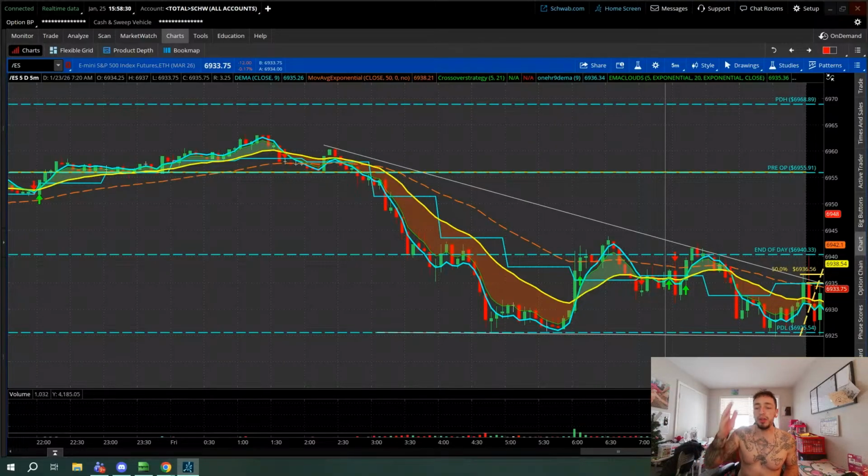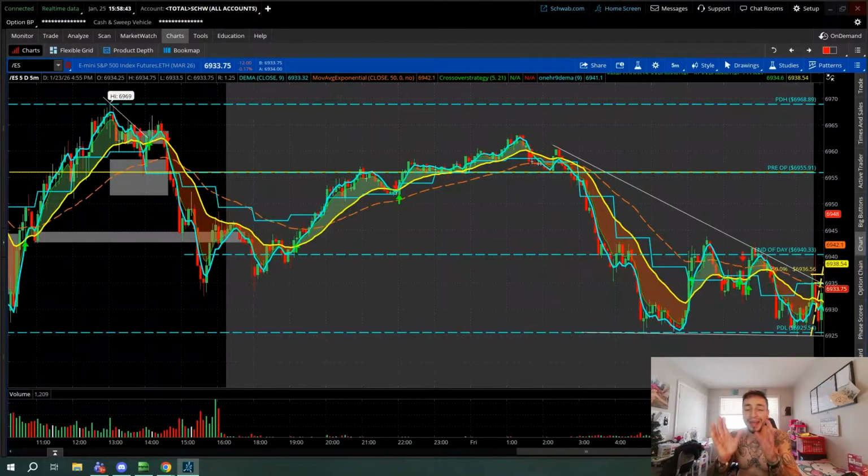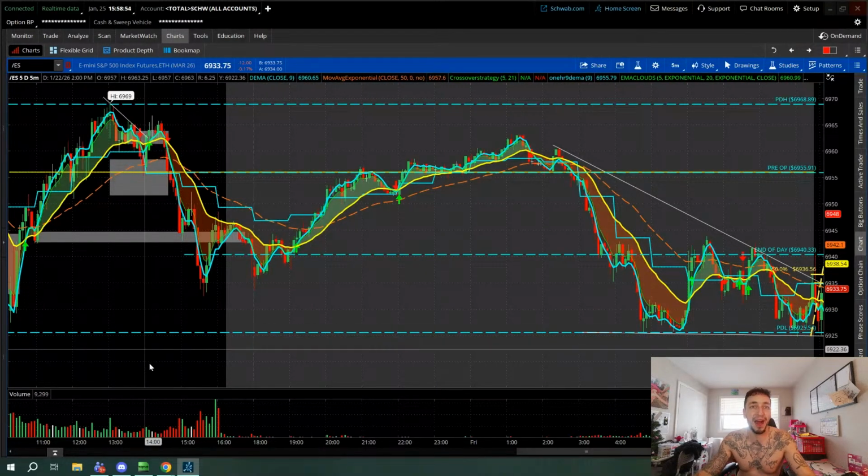I got to be able to look at this chart and go, okay, where's this opportunity, right? Let's get rid of all the noise. So for me to do that, I want to read the market like a book. Now, for me to read the market like a book, I need to identify the key levels, okay? Price is going to react to certain levels a little bit different than others. So what I do every single day is I identify the